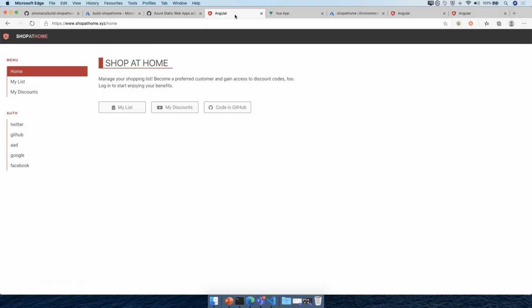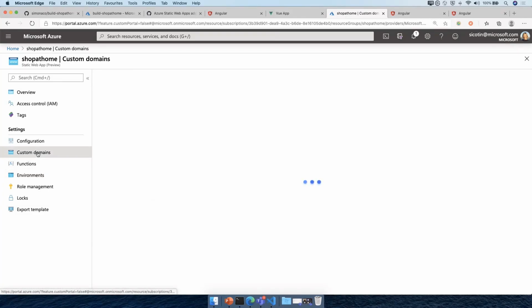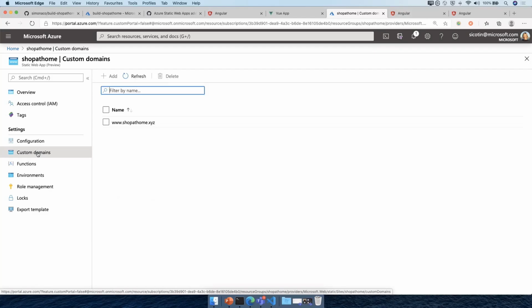And I've already deployed a production application for us to look at that has this custom URL, www.shopathome.xyz. And this is our final application. And the way I set this up is going back into the Azure portal, we can see here that we have a custom domain page where if we go there, we can see that I already set up this custom